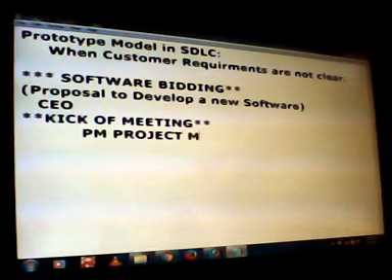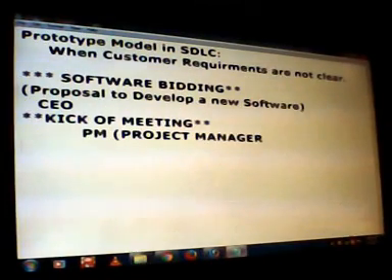The project manager's role is to initiate the nodes of the project in the overall plan.